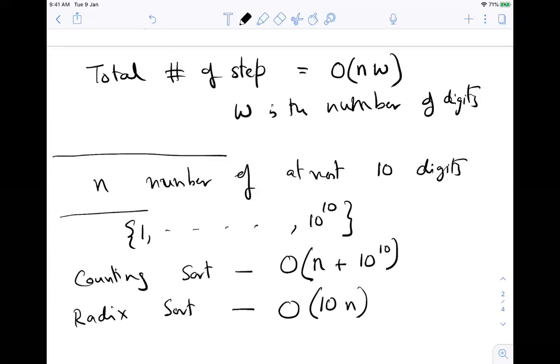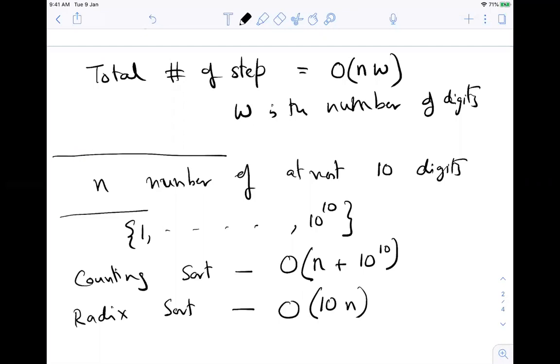Of course, it depends on n, whatever that n is. But if n is not too much, then you can see that radix sort can be much faster.